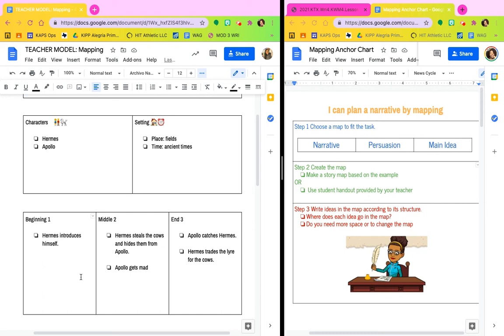Now remember, I didn't write a full-on beginning, middle, and end. I only wrote enough details in order to help me recall from the story so that way I don't have to keep rereading. So that is the end of